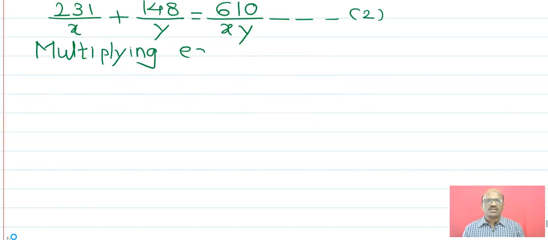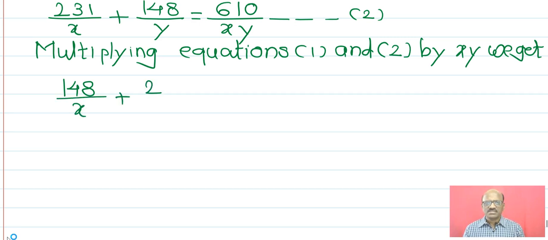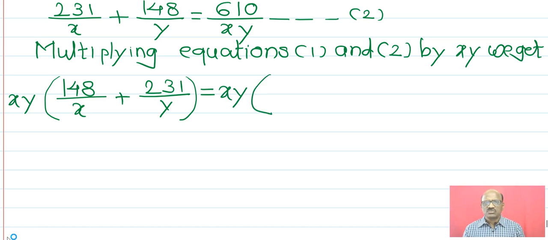Now multiply on both sides by xy for the equation 1 and 2. Equation 1 and 2 xy ने multiply करना. Then we get 148x plus 231y. याला bracket टाकणार and multiply on both sides by xy, x into y is equals to the right hand side